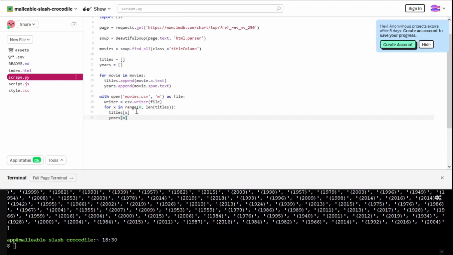And so again, the first time this runs, X would be equal to 0. So putting in X will pull the first title and the first year from each list. The next time it runs, this will get incremented to 1, so X would be equal to 1, and it'll pull the second title. And it'll run this each time for the length of our titles. And so each time we'll write in the title and the year,